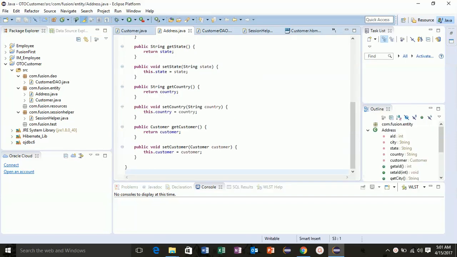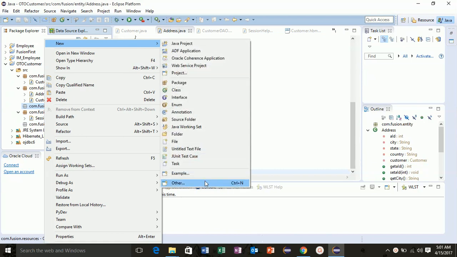Hello friends, and welcome to lesson 37. In this lesson we will create our Hibernate mapping files to achieve one-to-one mapping. So right click on the resources and add your entity classes to generate your Hibernate